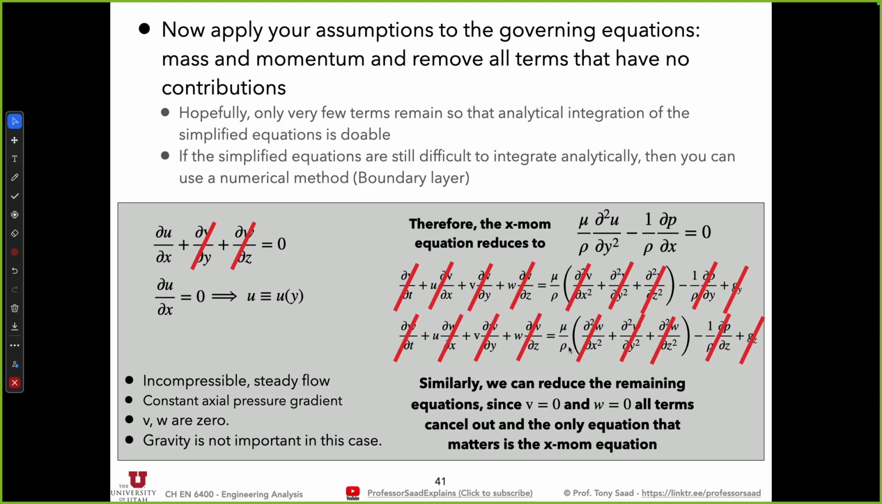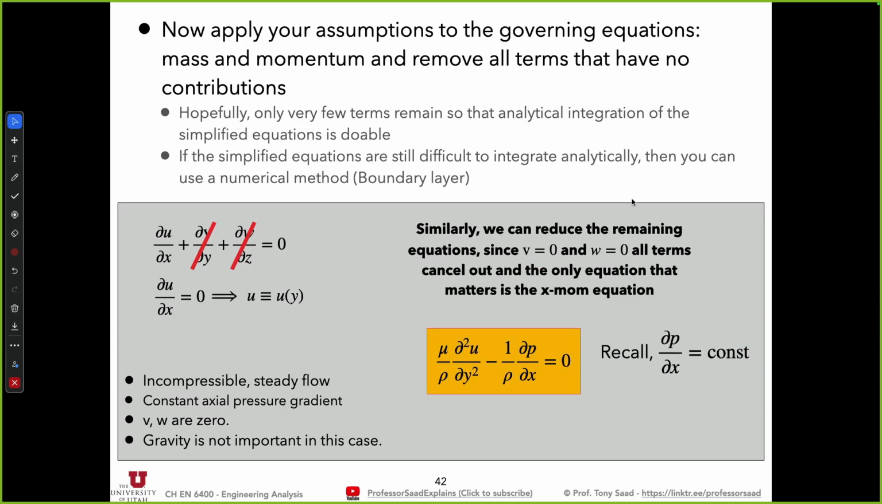The remaining equations are all zero because v and w are zero, or at worst, if there's a gravitational term, it will be balanced by pressure. It will not affect your primary direction, your primary velocity component, which is x momentum. We're done with this. Next, our governing equation is going to be this guy, and we can convert now to